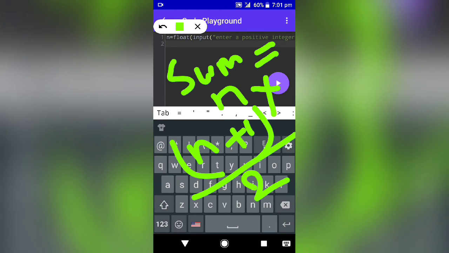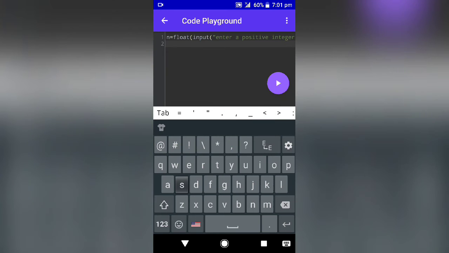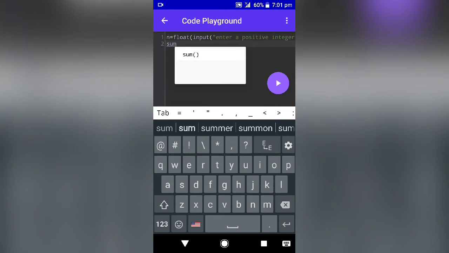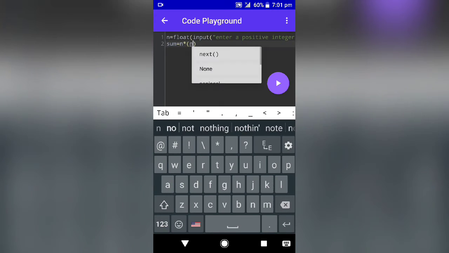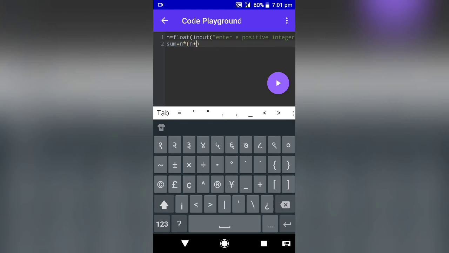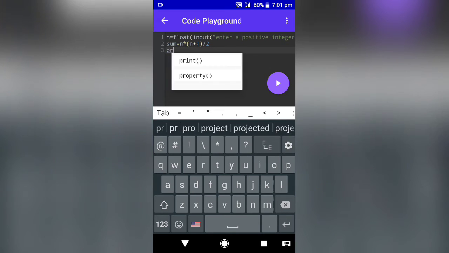That is the formula, and here you may see sum equals n into n plus 1 divided by 2. Here is the formula, and simply we print this.